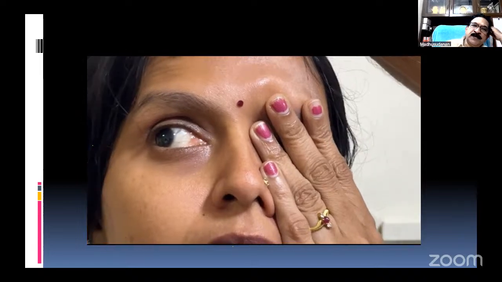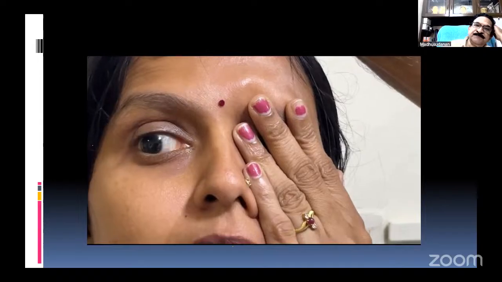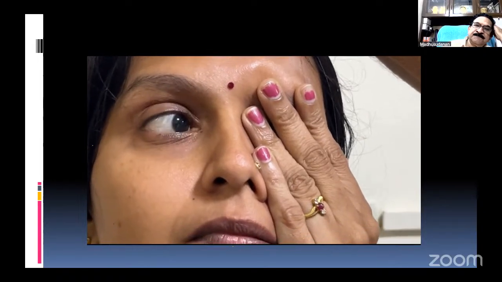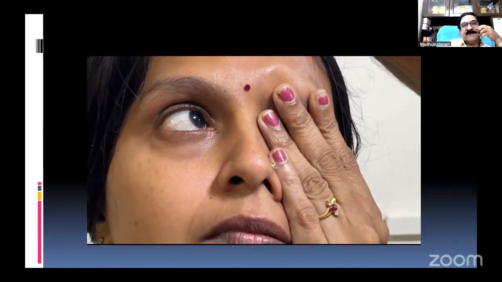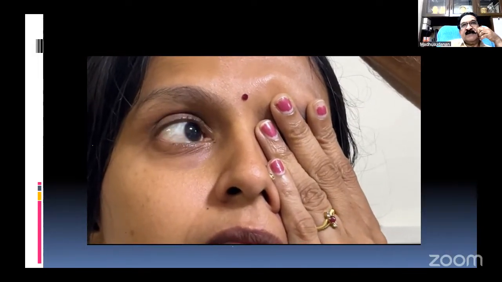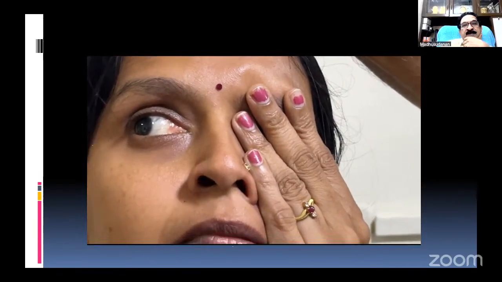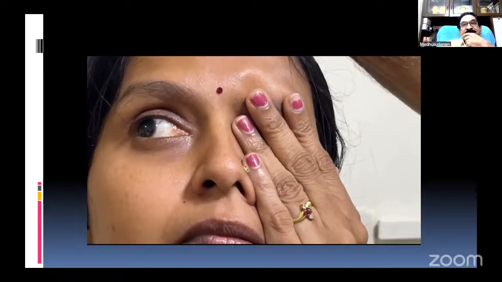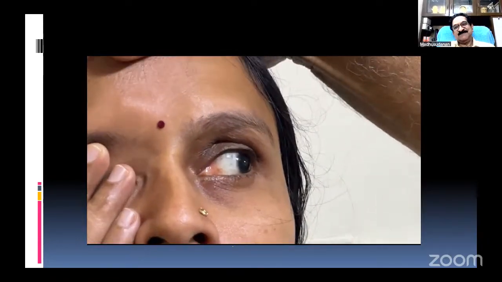Now, question number 1. Can an ocular muscle paralysis produce a nystagmus of the opposite eye? Suppose there is a weakness of one muscle, can nystagmus occur in the corresponding yoke muscle? Yes, sir, because of Hering's law of equal innervation. Exactly. What he said is perfectly right.